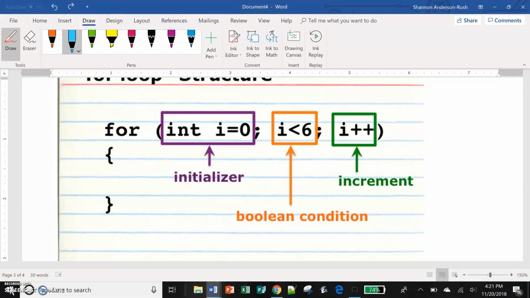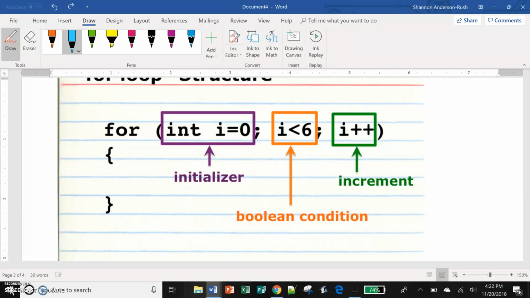I'm going to demonstrate for you how to trace a for loop and show you the final I value, and I will use one of the questions off of our iterations quiz. So first here I have a graphic of the structure of a for loop, and the way a